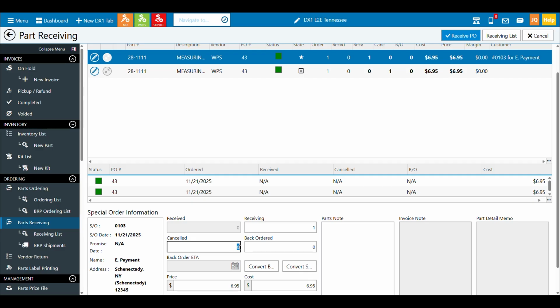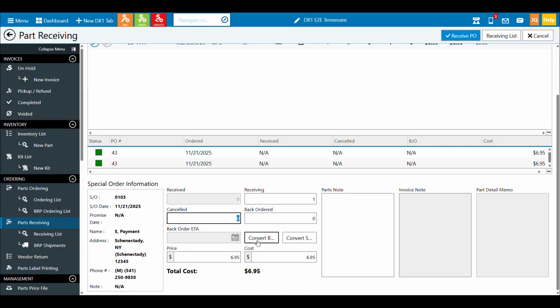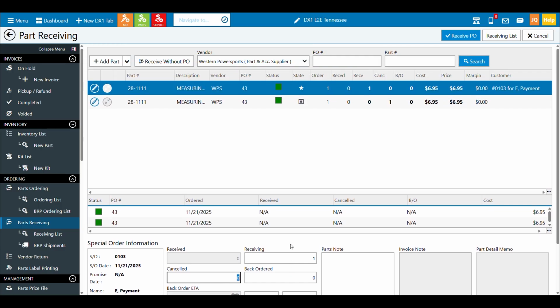So just keep in mind, if you want to receive down here versus using the grid, you can do that. You can also convert items to bulk or serial right from this screen. We've talked about this in previous chapters, so if you're unfamiliar with what a bulk or split item is, make sure to catch that chapter. Same thing with a serialized item. But the point is, you could serialize or convert this to bulk right from that screen.